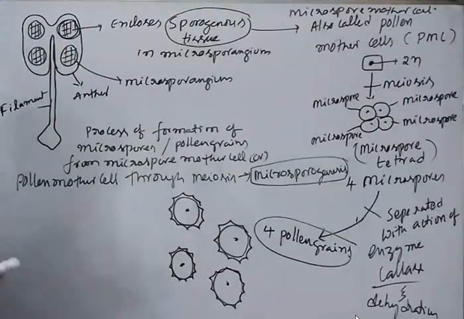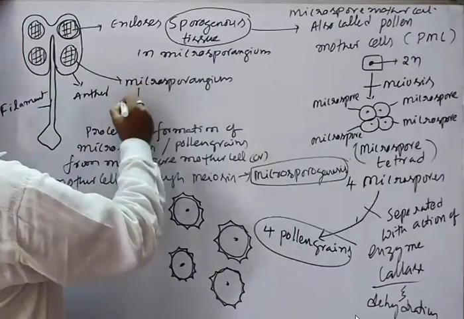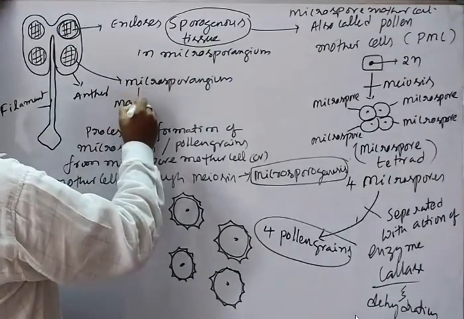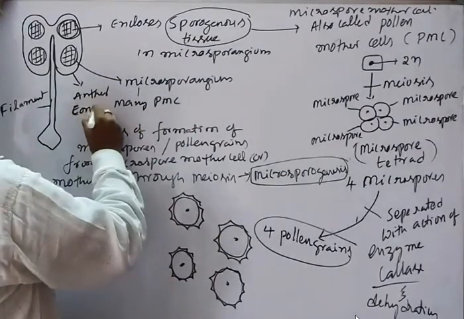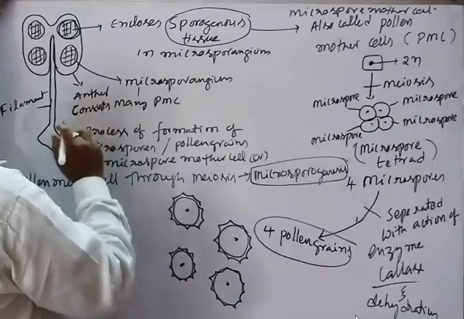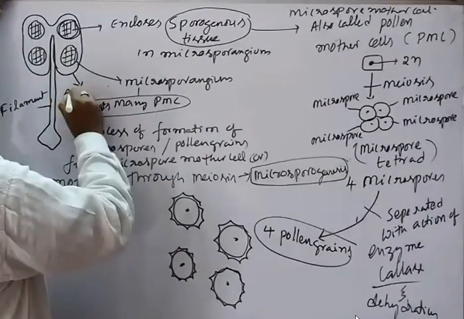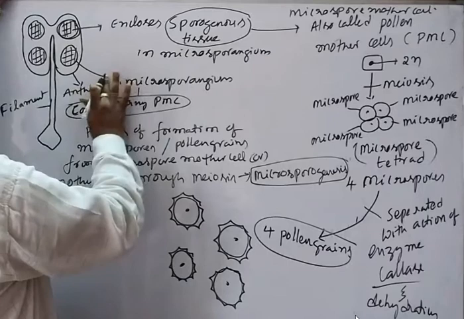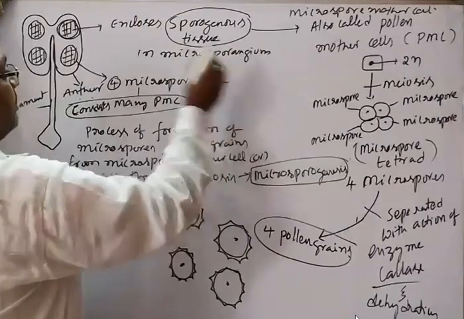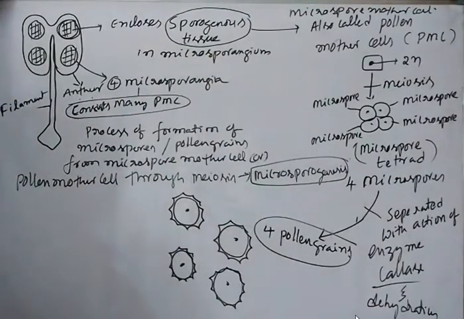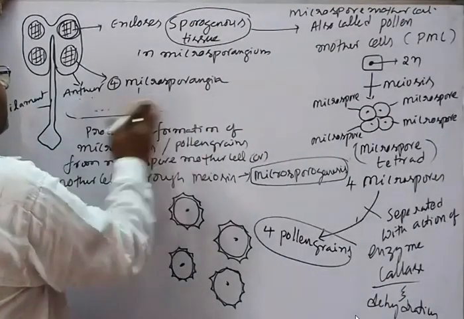How many microspore mother cells are present in a microsporangium? Many. Microsporangium consists of many PMC. Each anther has 4 microsporangia. And each microsporangium